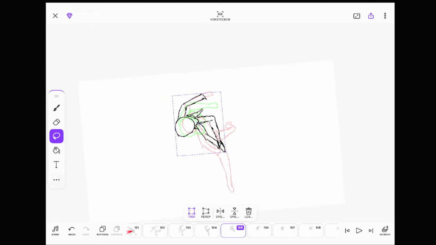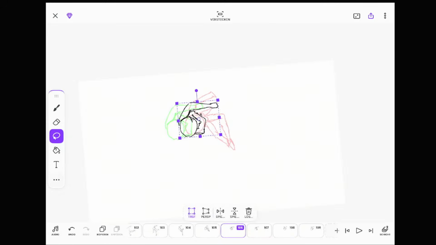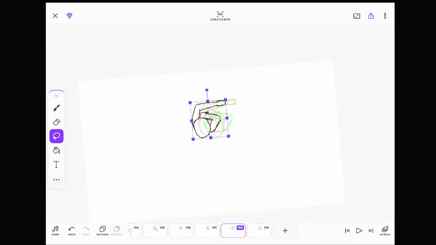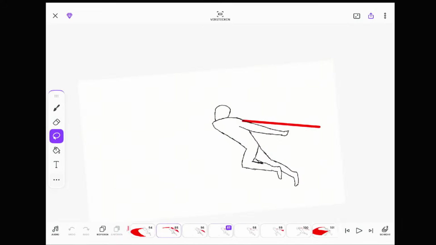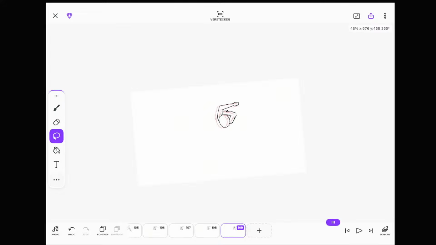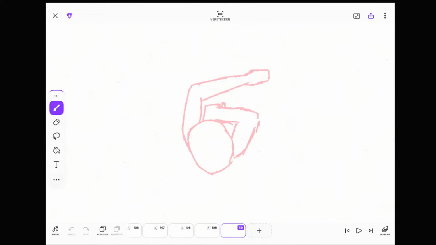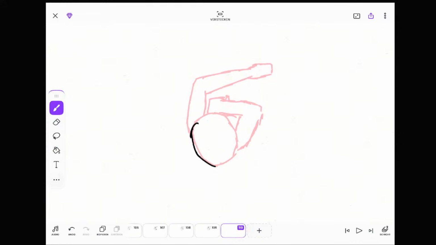And he's up in the air. Back. Or in between. Very different from the frame before.